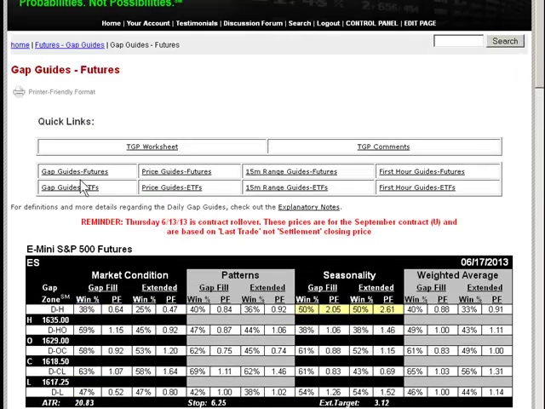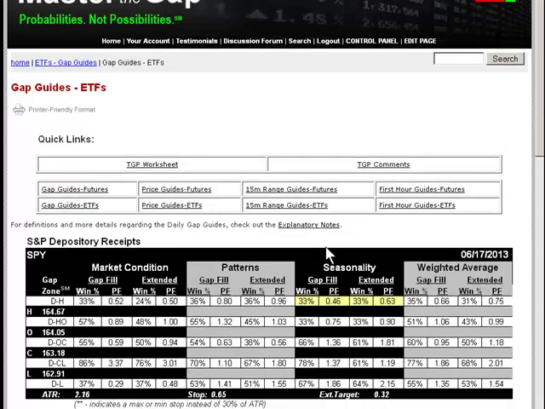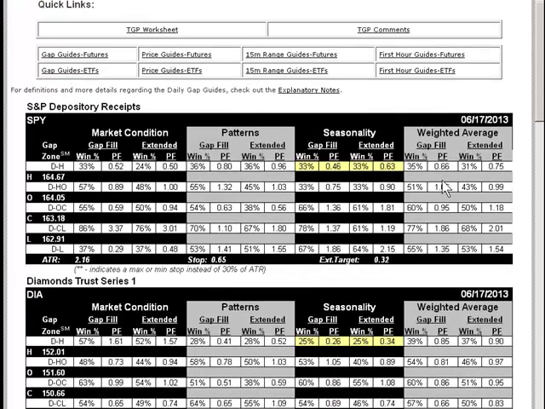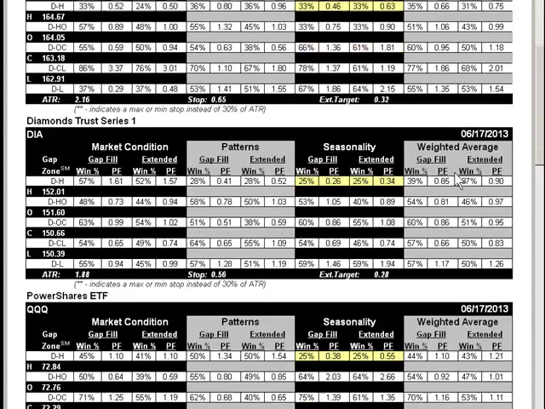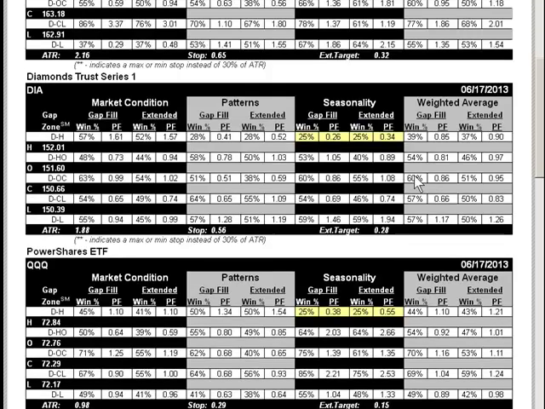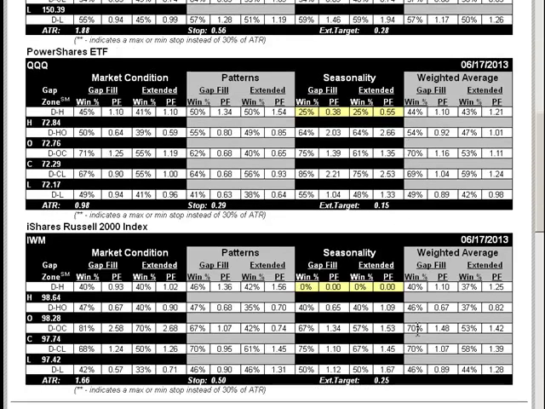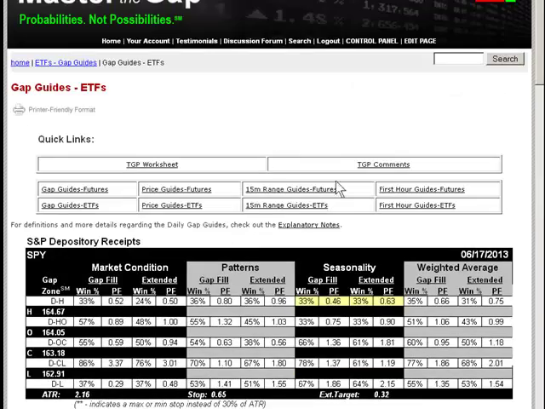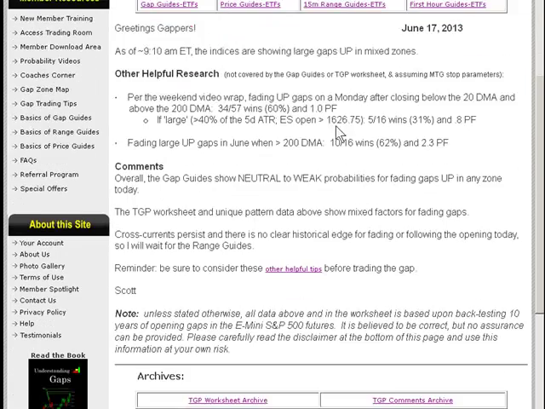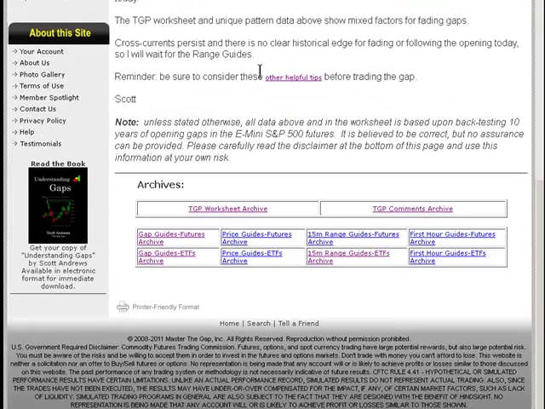ETFs much of the same, because again these things are all highly correlated. Now sometimes they'll be off a little bit, they'll vary a little bit, but that's not the norm. Nothing interesting there, nothing interesting there, the DHO zone, nothing there, and nothing there. So easy pass for me, and that's essentially what I said here. There was really no other research that just dissuaded me from that core assumption or core